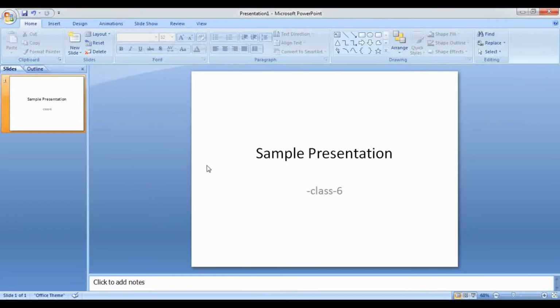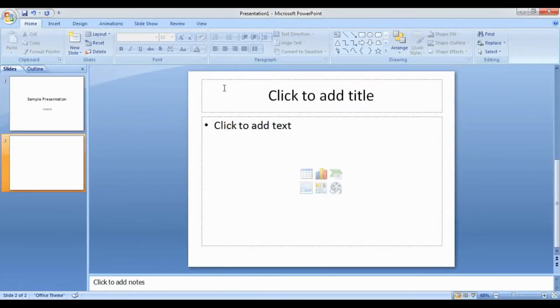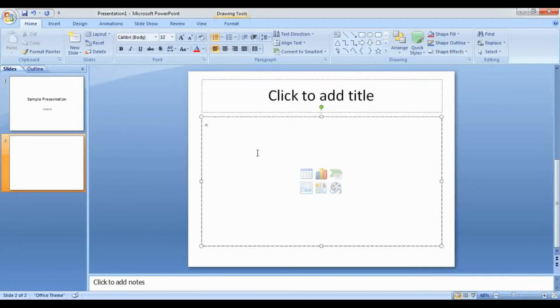Once the title slide is done, you can insert a new slide by simply going to the slides group on the ribbon. In the Home tab you have the slides group, and in the slides group, to add a new slide you click on New Slide. Once you click here on New Slide, the slide that opens is the title and content slide. By default, when you add a new slide, the layout of the slide is going to be title and content, where you write the title and you write the content.